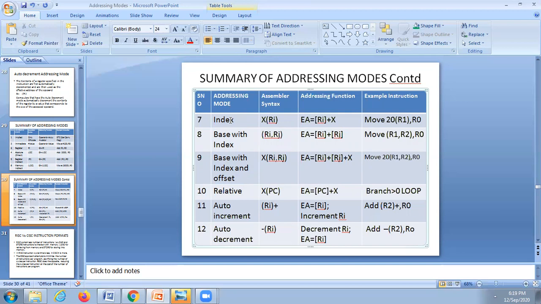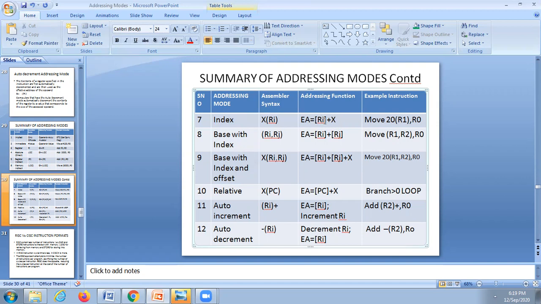Here in the index addressing mode, the assembly syntax is this. There is an index register: Ri is the index register, and X is the offset or displacement. The effective address is X plus whatever address is stored in the register Ri.